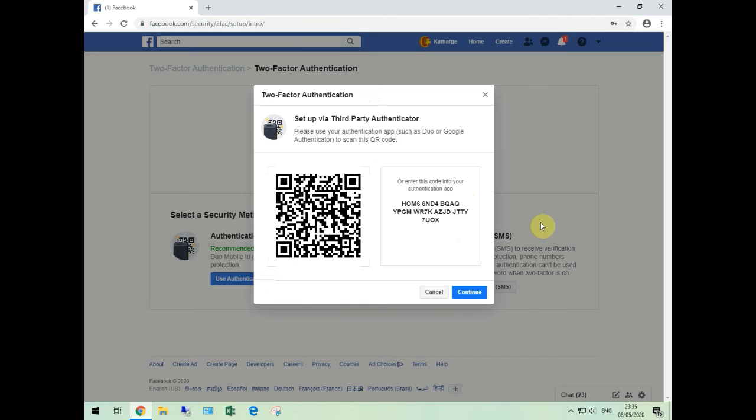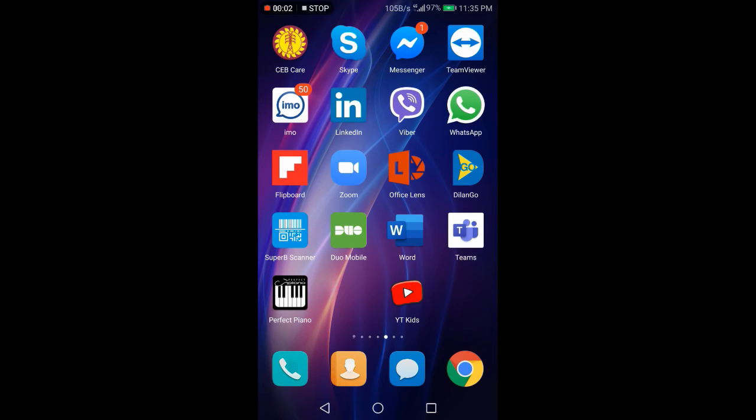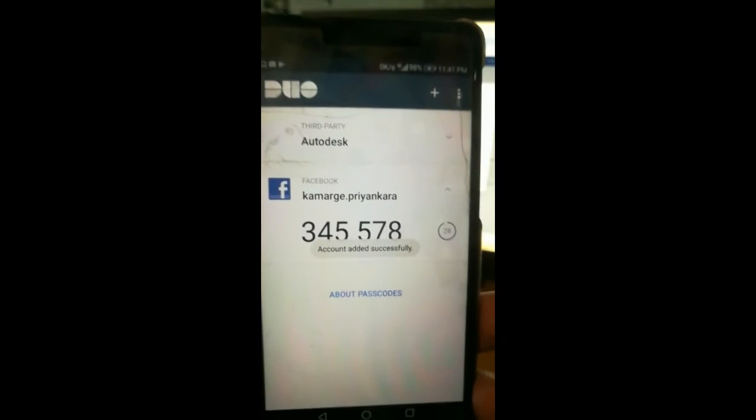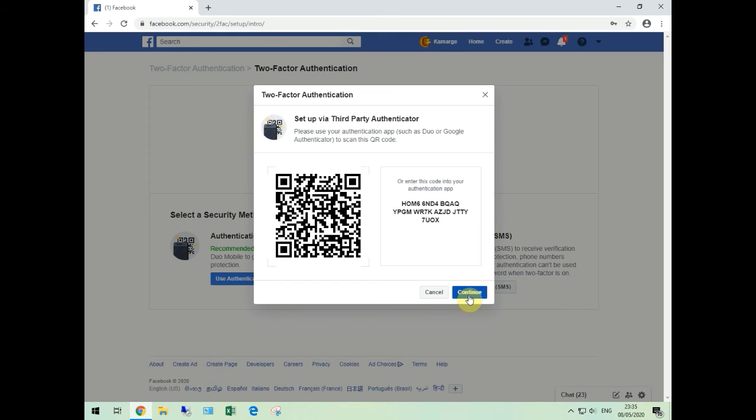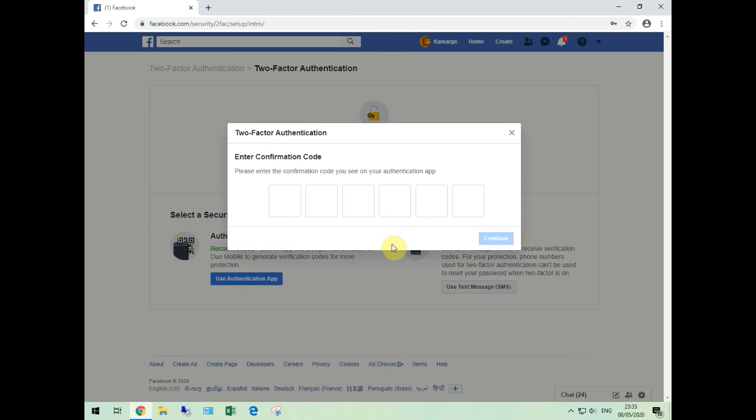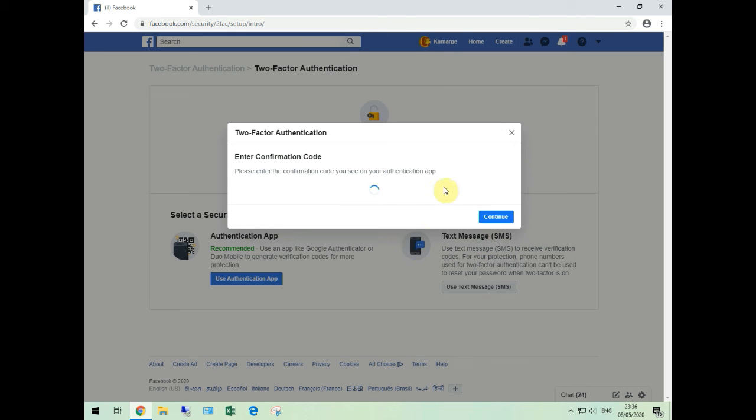Then you need to install some third-party authentication app on your phone, and you need to scan that code with the app. So it will add your Facebook account and it will show a code. After that, you need to enter this code. After you enter it, you are done.